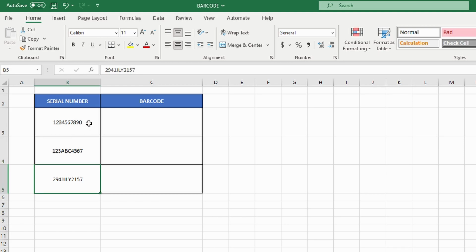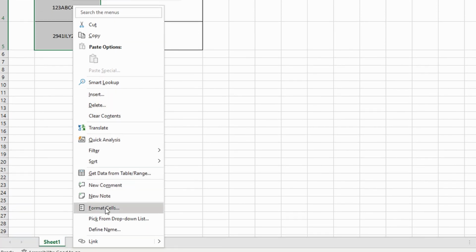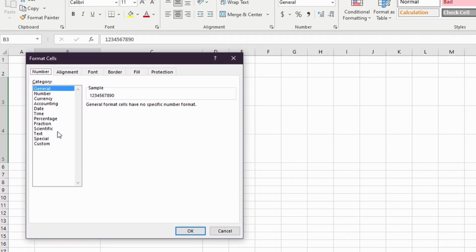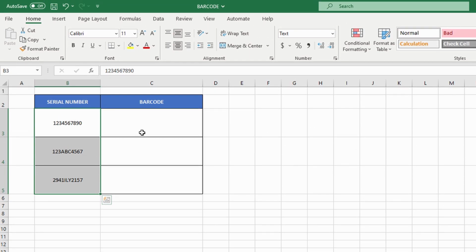Second, you must make sure that the format of these serial numbers are all in text form. You can make sure by selecting all the cells, right-clicking, and going to Format Cells. Go ahead and choose the text option on the categories and click OK. There we go. Now that our cells are in text form, we can now proceed to the next step, which